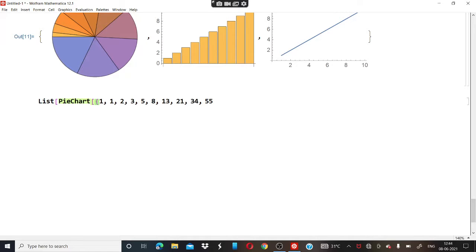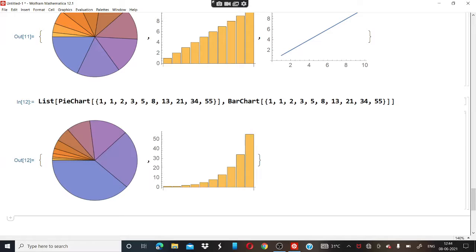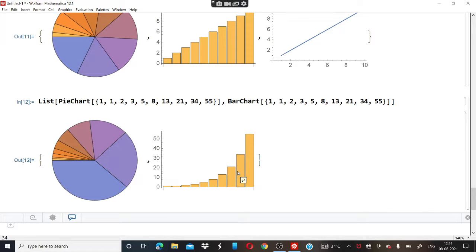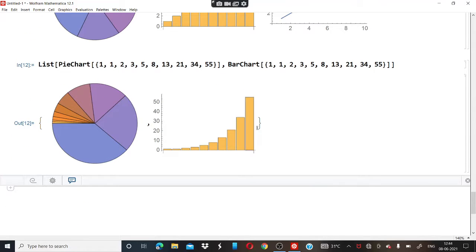Okay, so it is our given input. After that we want to plot the bar graph, that is bar chart, and the input is same here also. So we will just copy it, Ctrl C, and paste it here. Close the bracket, shift and enter key, and you will see the result as shown here. We have made the list of bar graph and this pie chart.